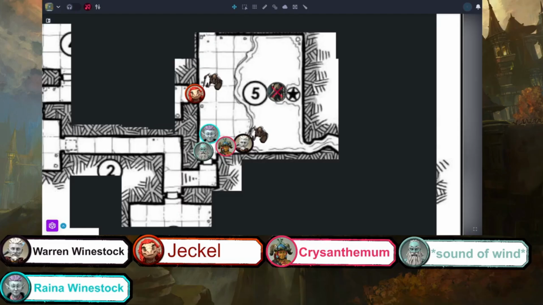Is that hallway a dead end right there that I can see? Let me think. You were holding your torch, 20 feet. Wasn't it 40? It is 40, my bad. Yeah, okay, so you can see straight through here.